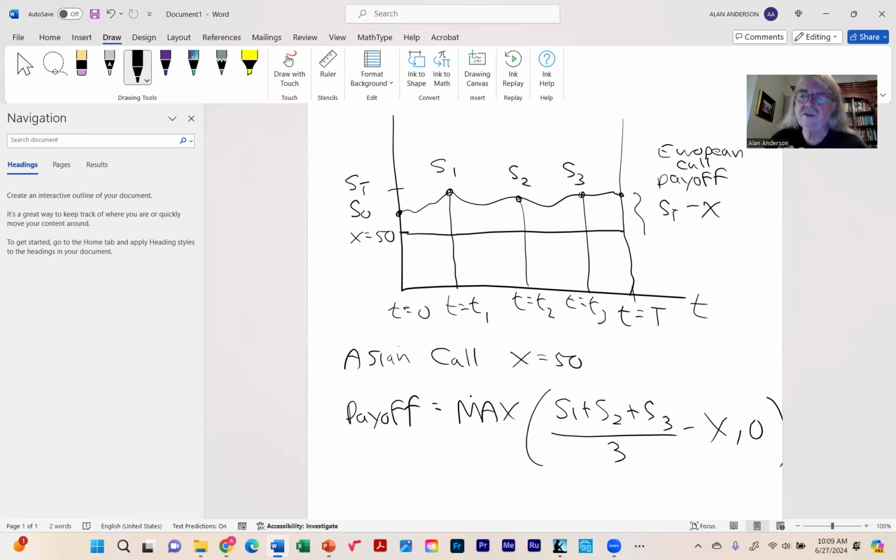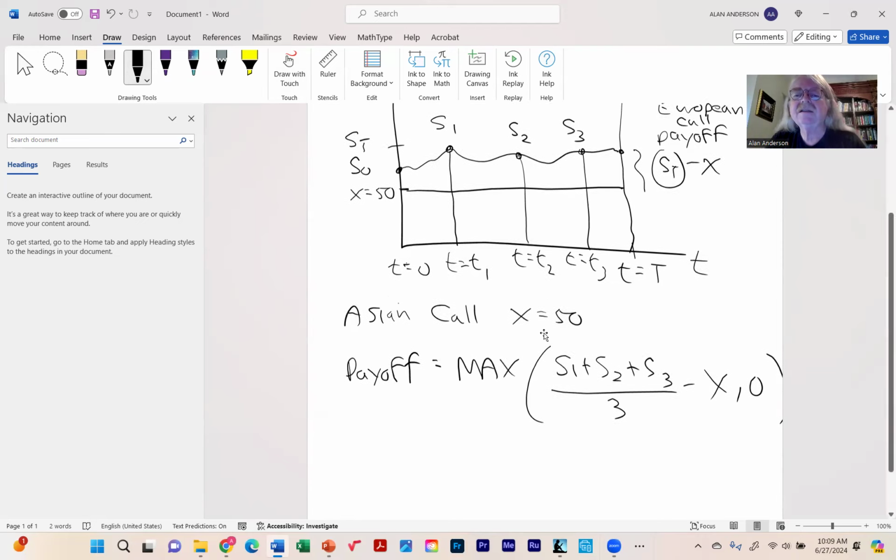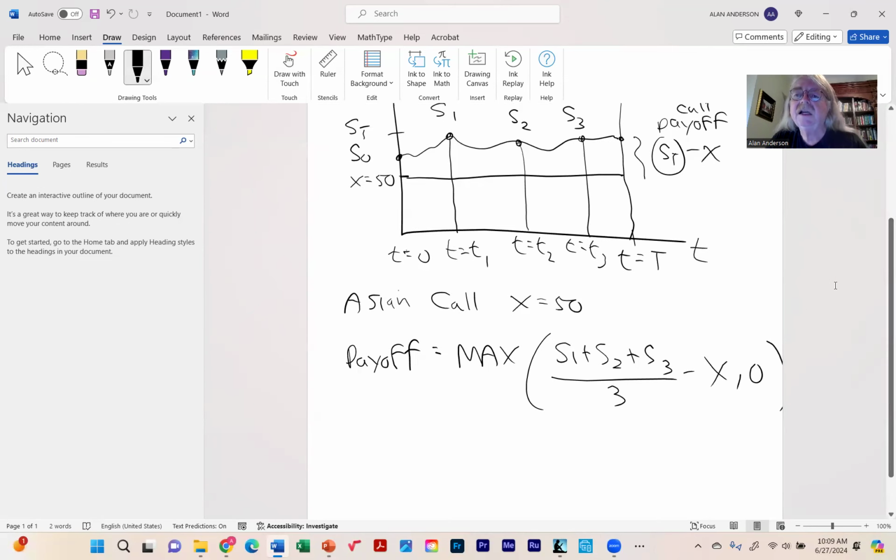So what you're basically doing is you're not comparing the stock price at time t to x. You're comparing the average stock price at those 3 points in time to the strike price. So that makes things a lot more complicated, doesn't it? Yes, it does. And so this type of option is often called path dependent